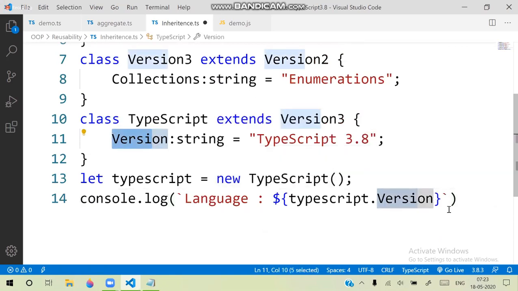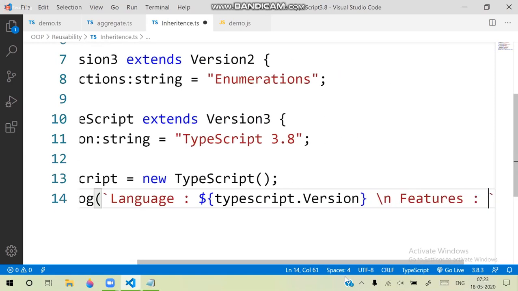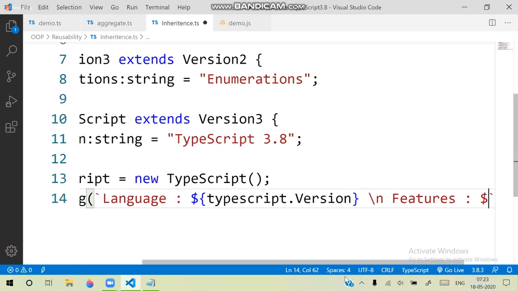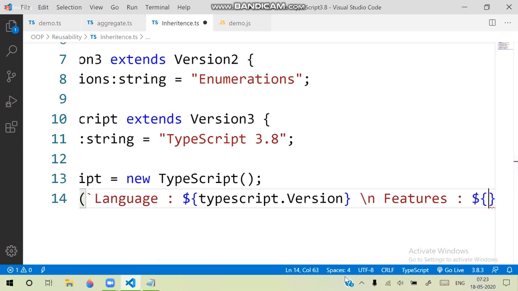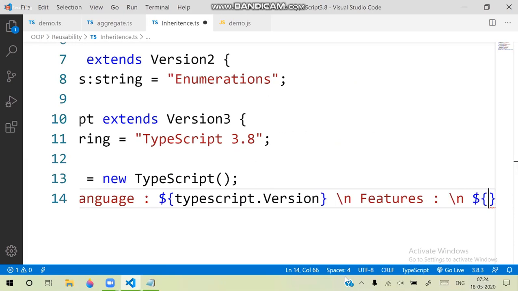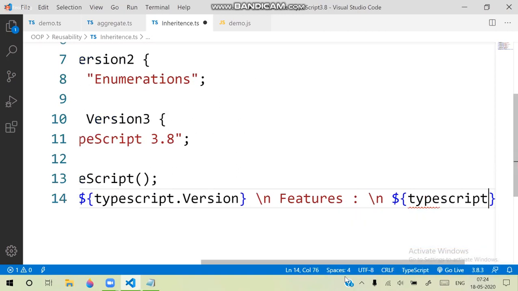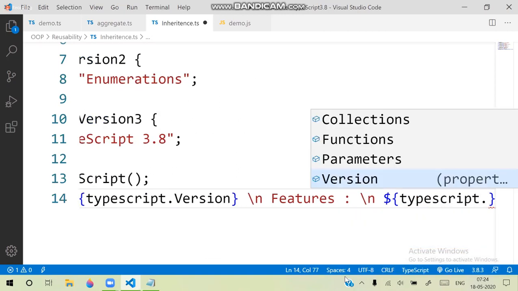And features. So here I am defining features. In the next line, features. I'm using here the features. So what are the features? So /n, and these are the features. So features TypeScript dot parameters,